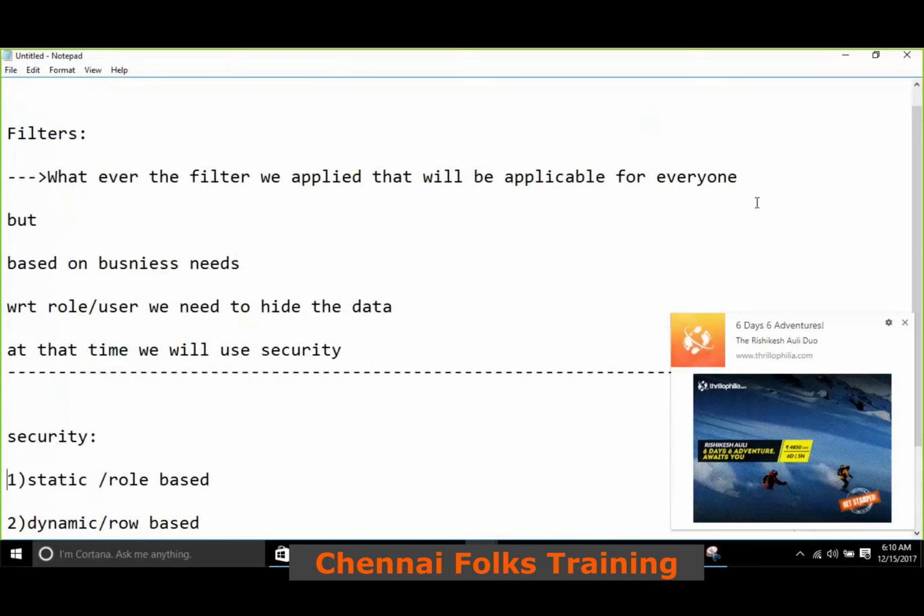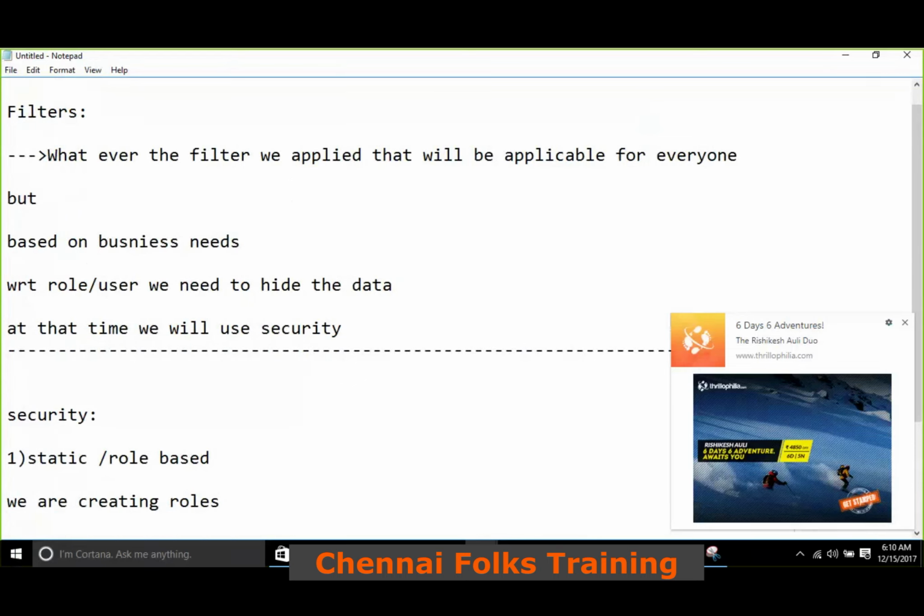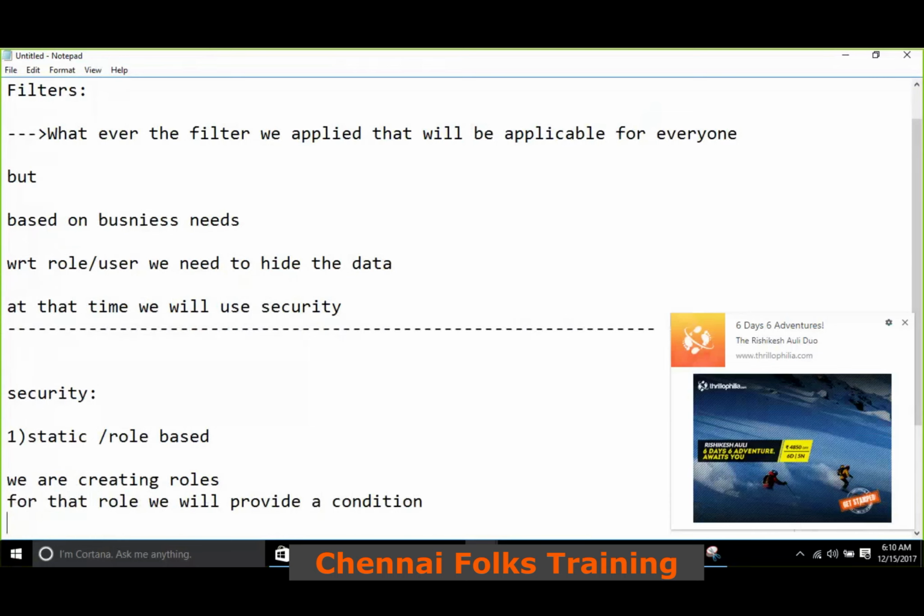Static or role based security is nothing but we are creating roles, and for that role we'll provide a condition, we'll test the role